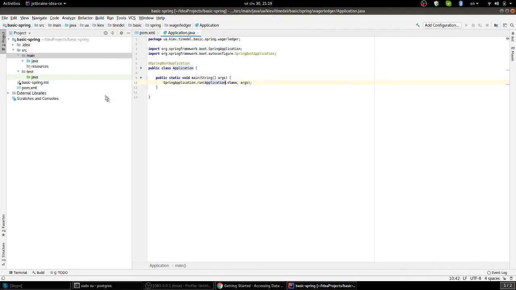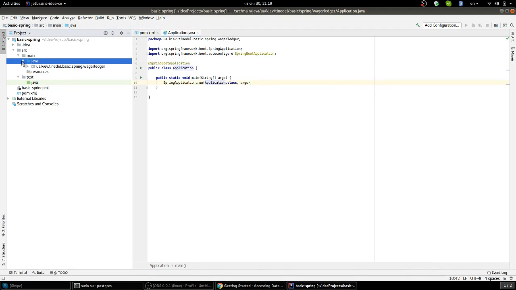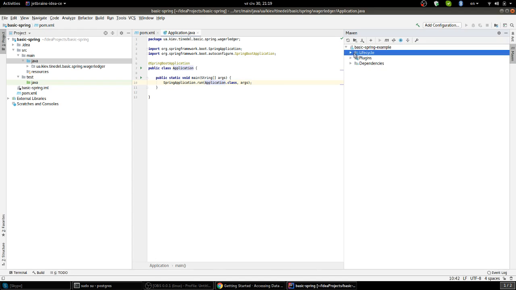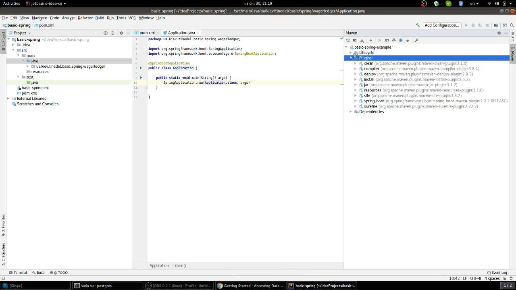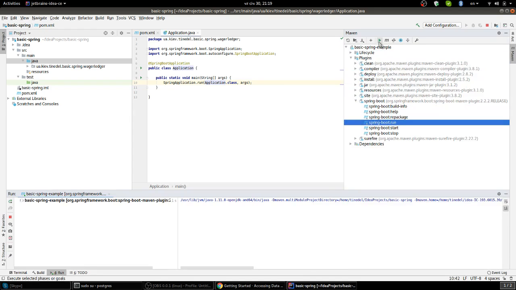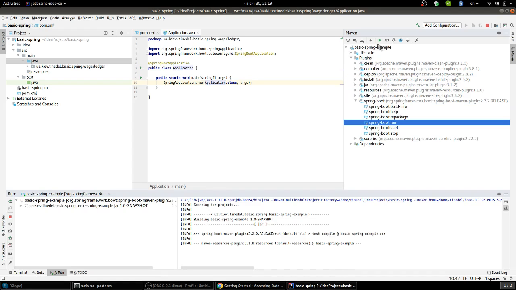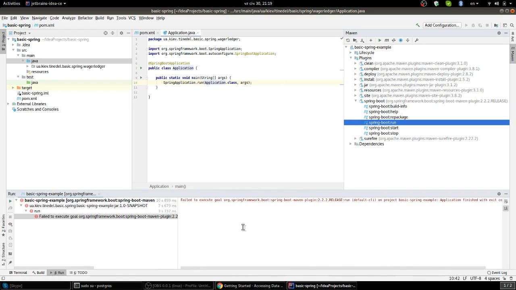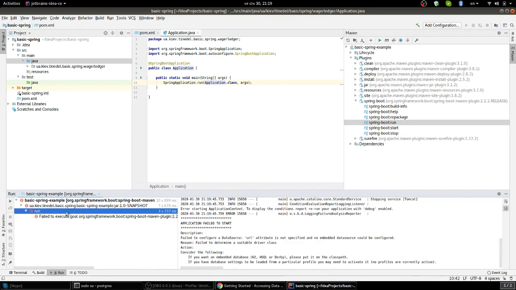So now the easiest possible Spring application has actually just been created. For the Ultimate Edition of IDEA you will have nice icons here, near the annotations, to show how everything is connected. But otherwise it's good enough. So here are the plugins, and here's the Spring Boot plugin, and you can run it straight away. So it's compiling, it's checking if everything is fine, and then it's saying that okay, I started the application, but